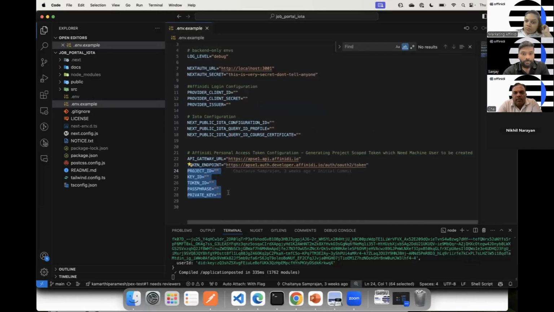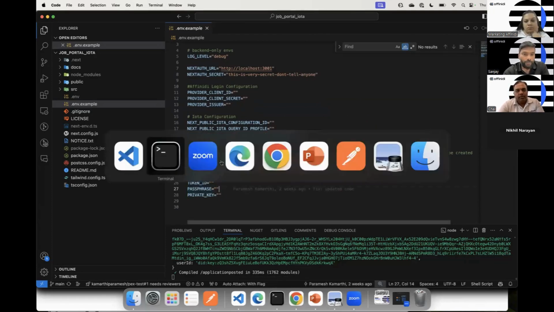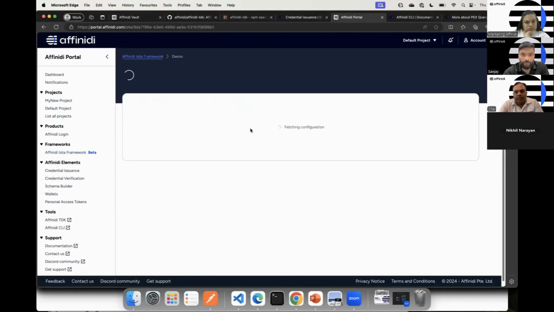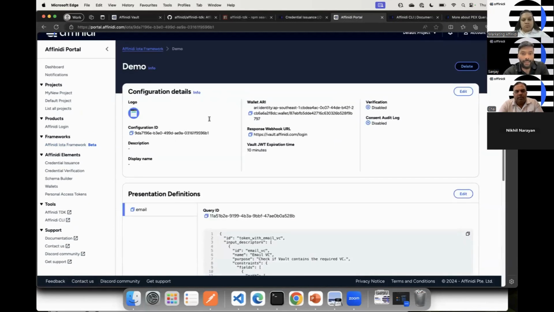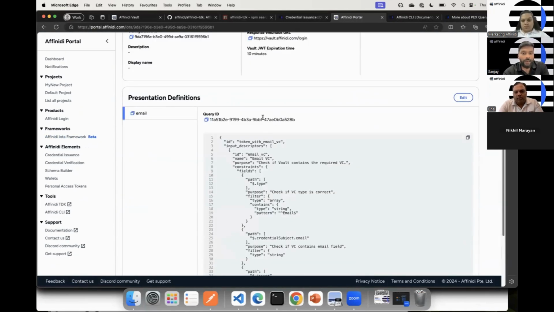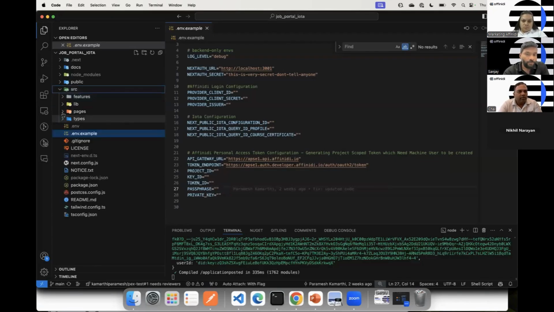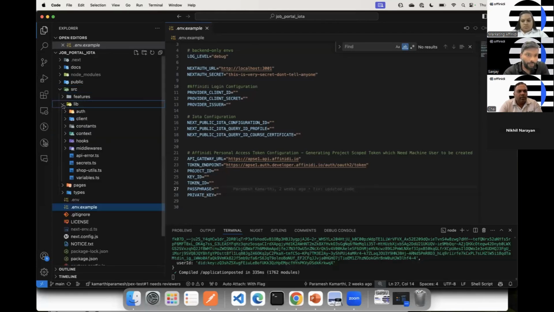So we'll see, we have got our token ID and key ID. Also, we have created, in this case, the demo configuration ID and then our query ID. So let's see how it utilizes the TDK. So I'll just go ahead here and we'll show you some part of the code, and also I'll show you how you can generate one sample reference app so that you can try it on your system. Right, so I'll click here and